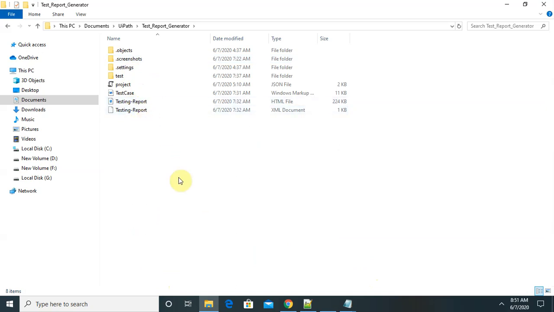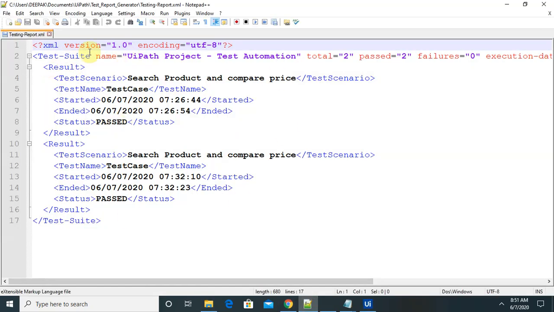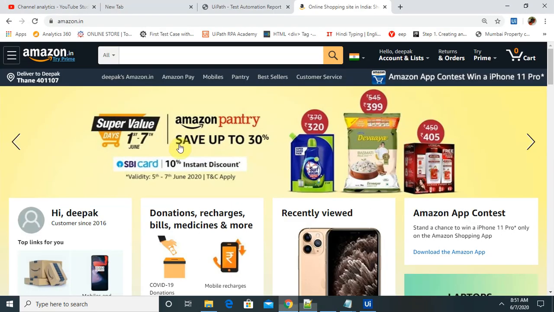Two types of reports are generated, one with an XML document and the other an HTML document. The XML document looks like this, it will contain the version, then the test case suite name, then the scenario name, and all the details which are available in the HTML format. All the details are available here as well.